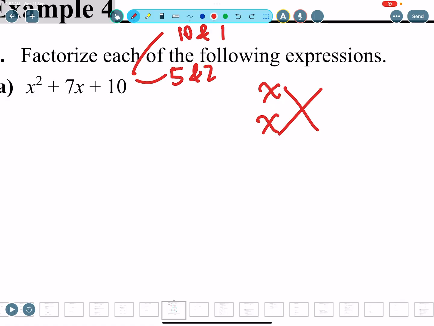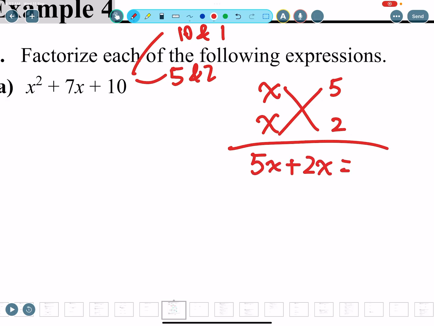The next combination I would try is 5 and 2. So 5 and 2 is gonna be 5x plus 2x. 5 plus 2 is 7, 7x. And when you compare 7x with the middle term, you get the right one. Hooray! So once you have the right one,